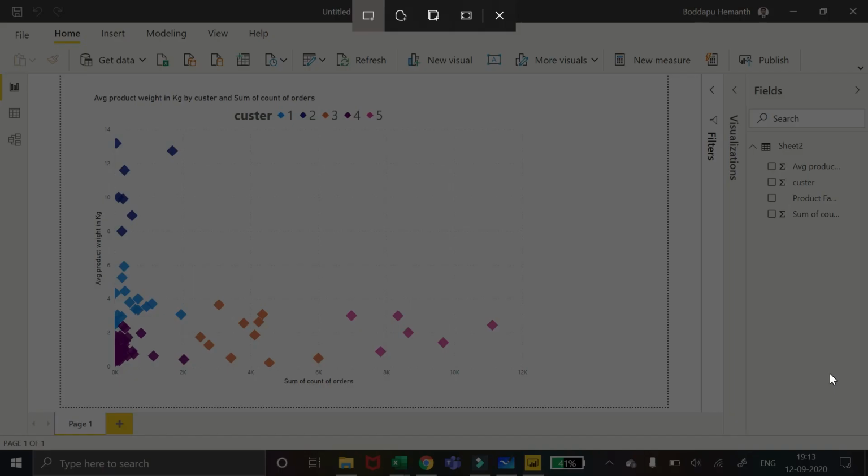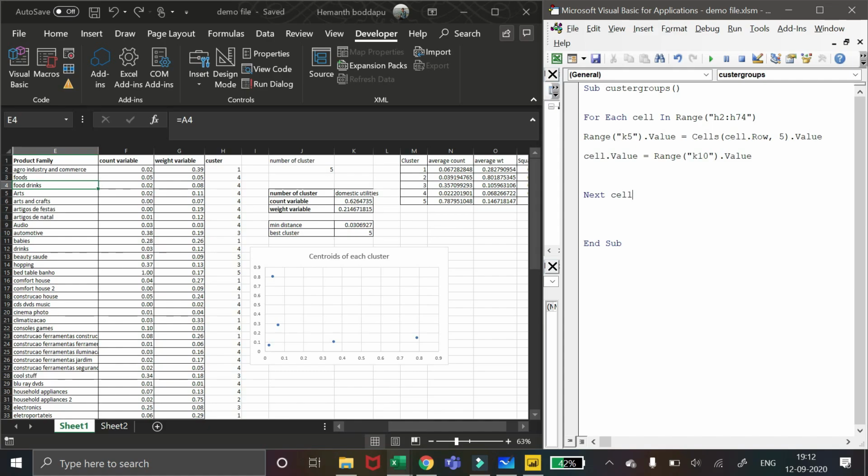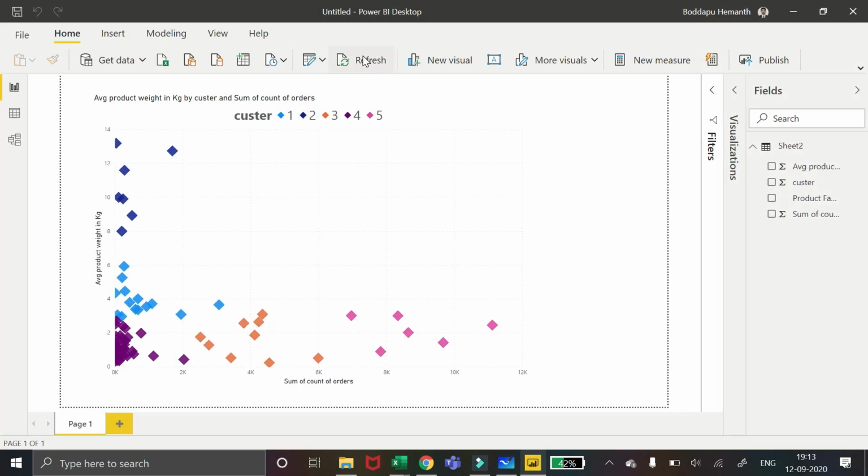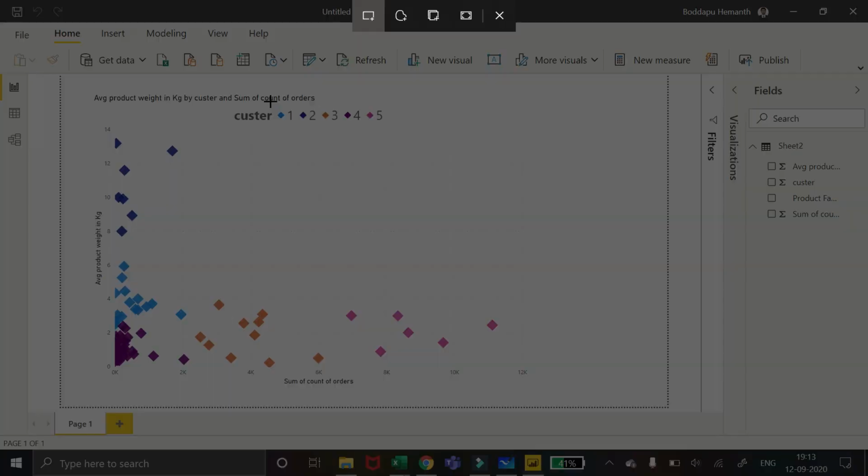The logic is this: initially, on the first iteration you will not get the best clusters, but you have to repeat the algorithm a certain number of times so that it gets stabilized. Now I'll click this till it gets stabilized. Now it got completely stabilized. Let me save again and go back to the Power BI window. Fine, you can see the final clusters look like this.